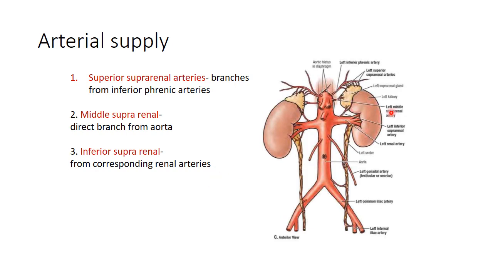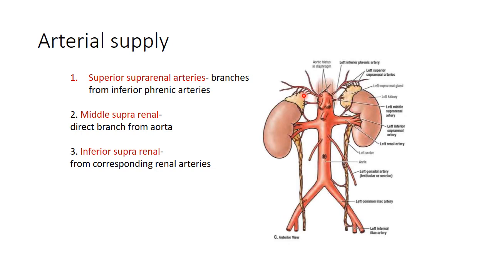Superior suprarenal arteries, in this picture we can see the superior suprarenal artery. There are many small arteries entering the suprarenal gland coming from the inferior phrenic artery, on the right side and the left side. These inferior phrenic arteries are paired branches from the aorta. They give 3 to 4 sets of suprarenal arteries. The inferior phrenic artery will give rise to